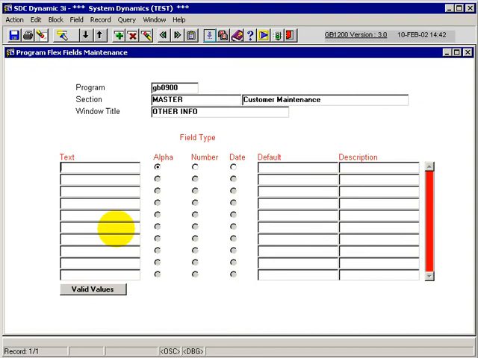So for example, today we're going to create a field called dept for department, and we're going to create this as a numeric field, and we're going to give it a default value. And let's just say, for example, department 100 is our finished goods